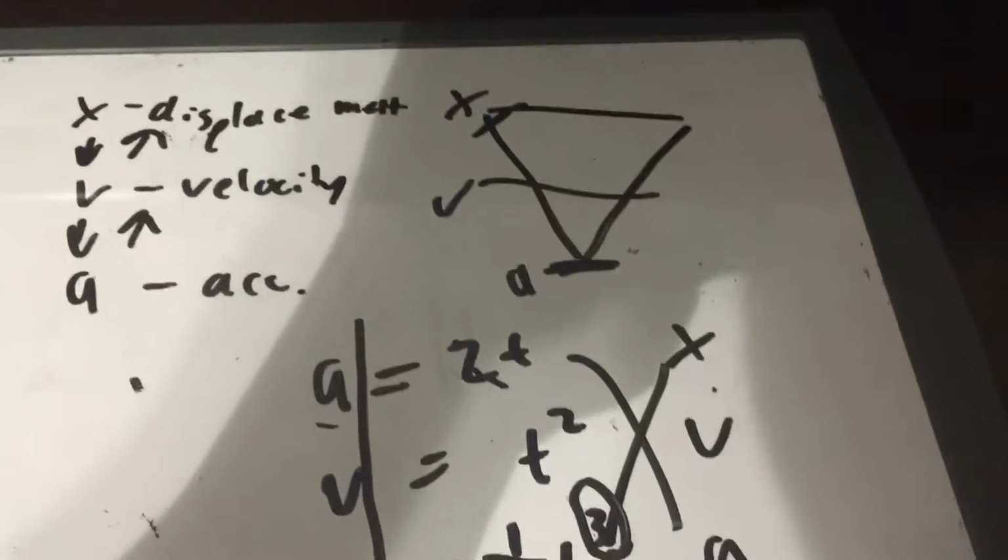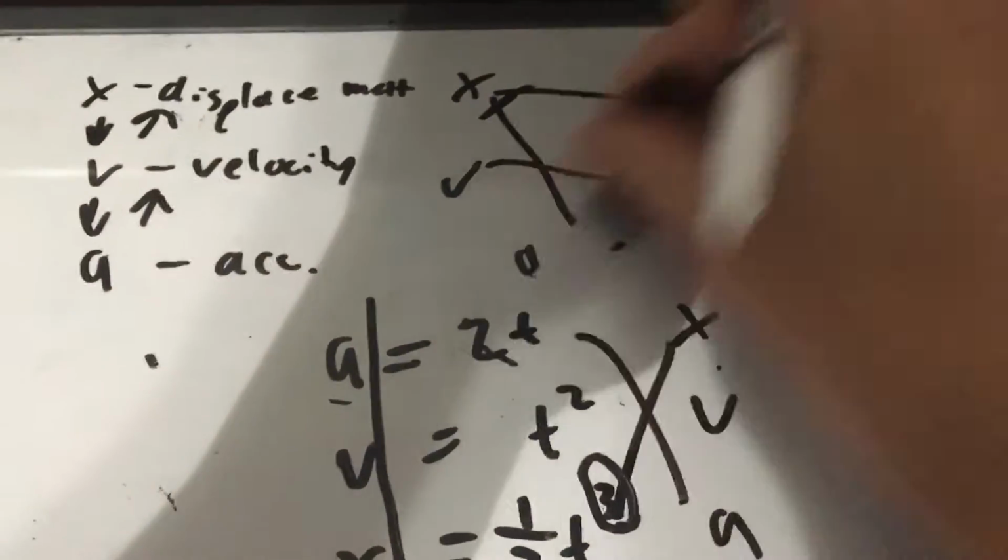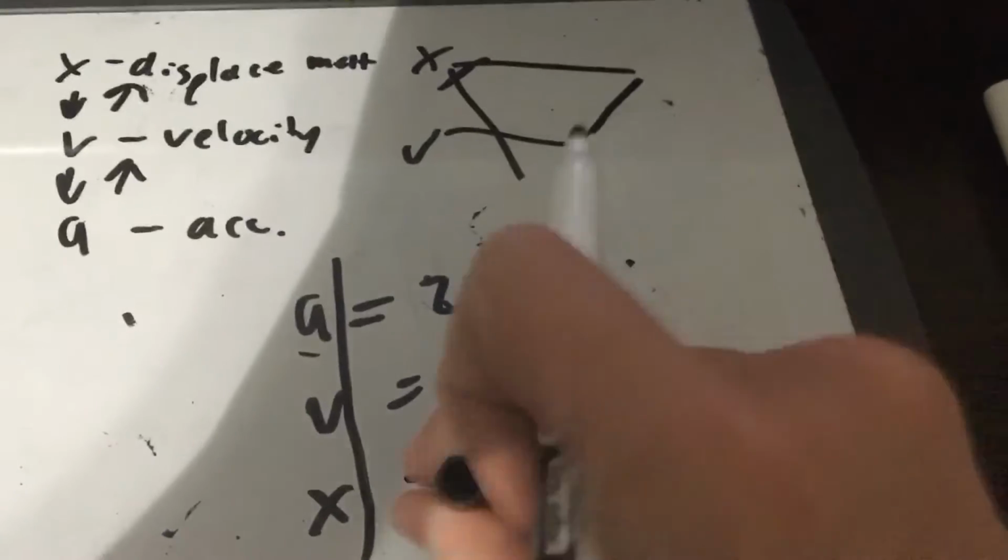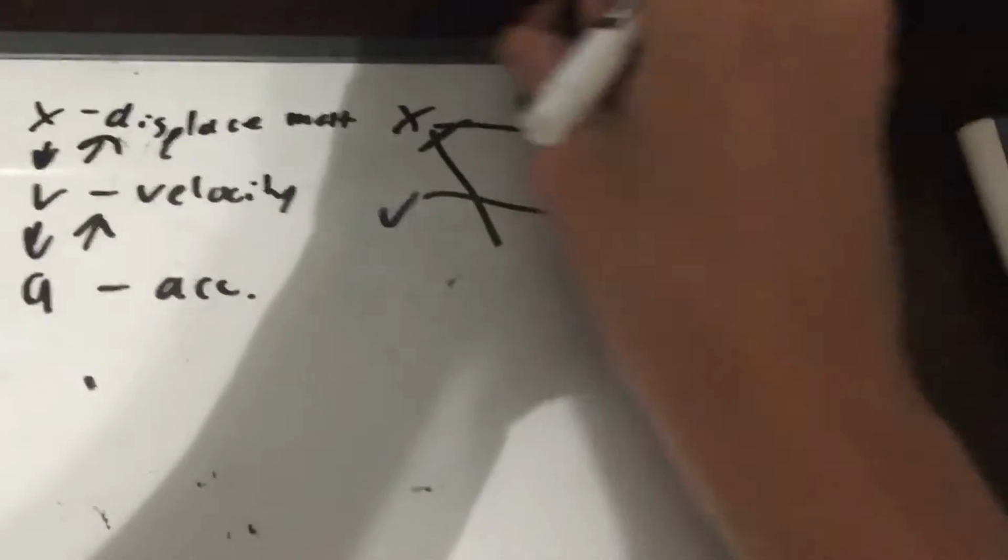Now that we know how to figure out rules 1 and 2, antiderivative and derivative, we can look at rules 1, 2, and 3. All of these can be found on your formula sheet whenever you have any kind of test. Sorry, I have a small eraser. Okay, so your 3 formulas are